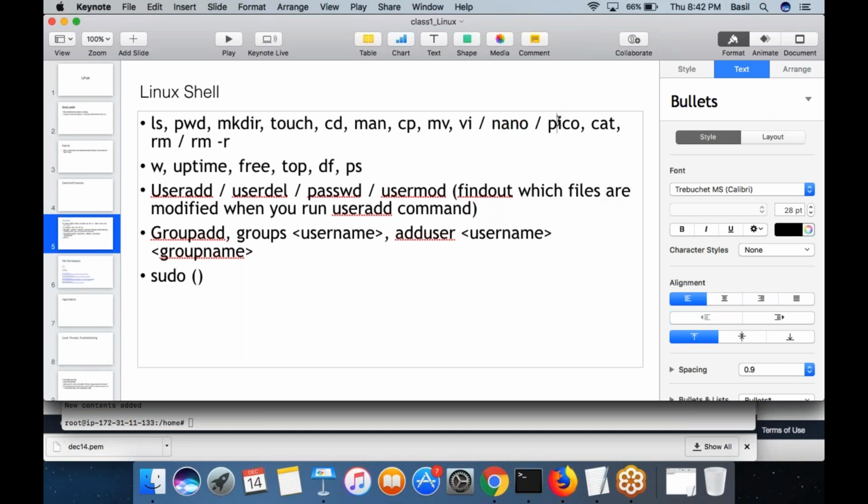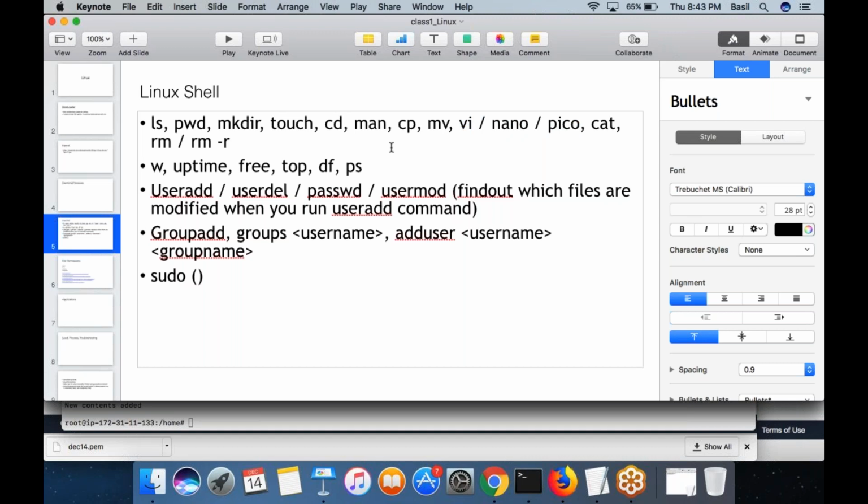They are similar editors, but eventually you will end up making one of these your favorite editor. Probably you already have your favorite editor in Windows. Similarly, eventually you would make one of these editors your favorite one, and VI is more handy, right? VI is my favorite editor.